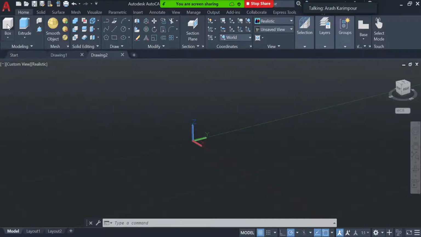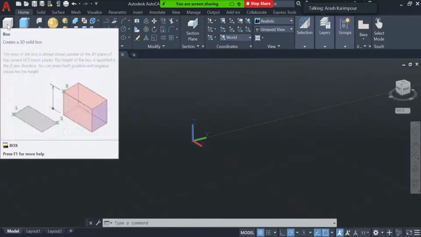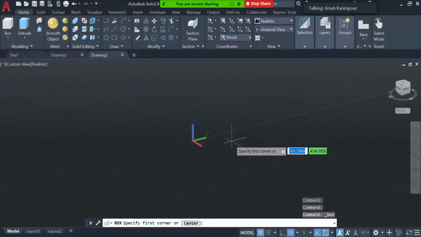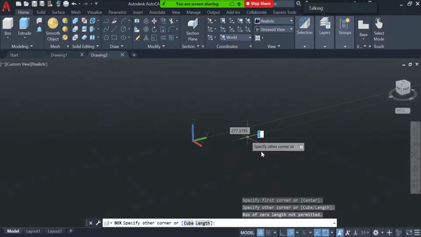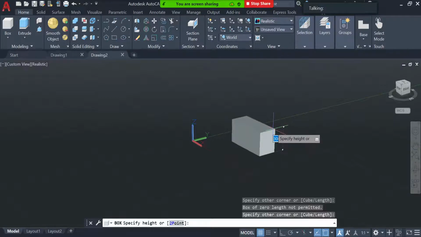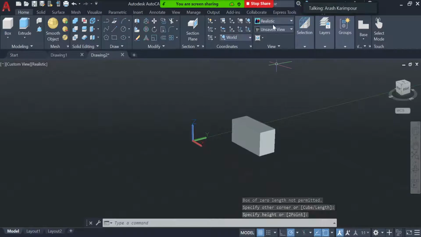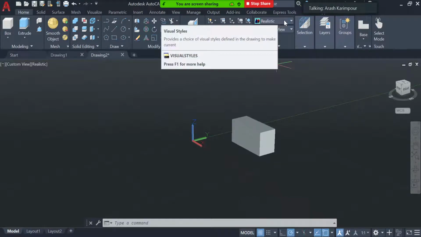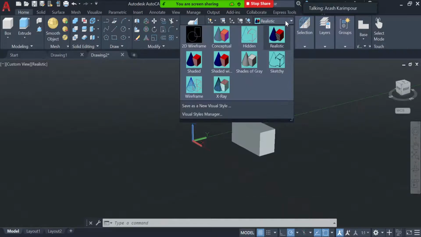So let me go ahead and just draw a very quick simple box here. So assume we have a box like that. So look at that box here. If I come here and click on this very top